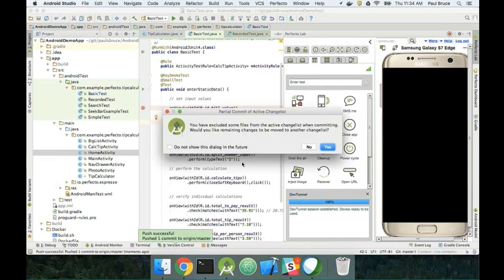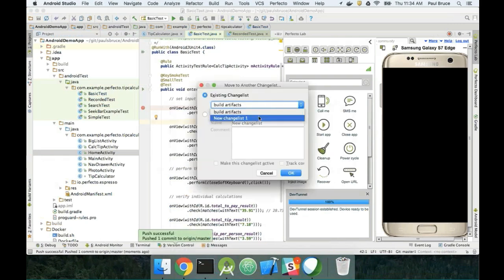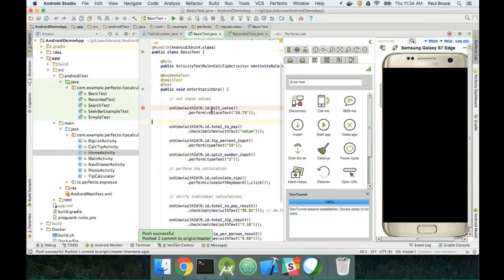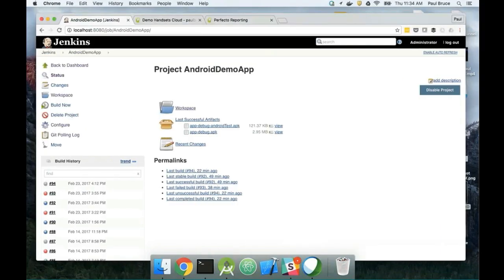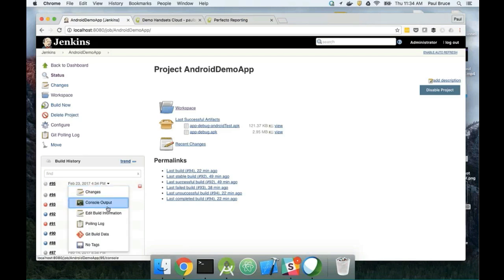And now that it's pushed it, let's do this here. Great. Now back over in Jenkins, we should expect to see that build kick off. So as it has, what we'll do is we'll go into the log file here,